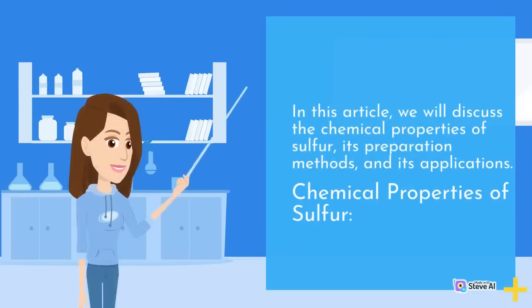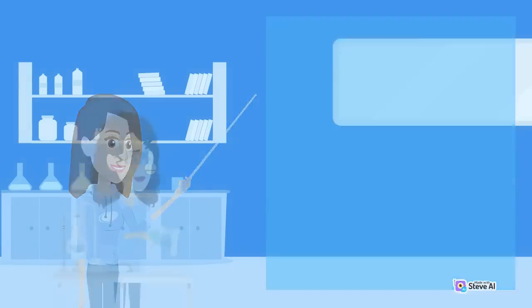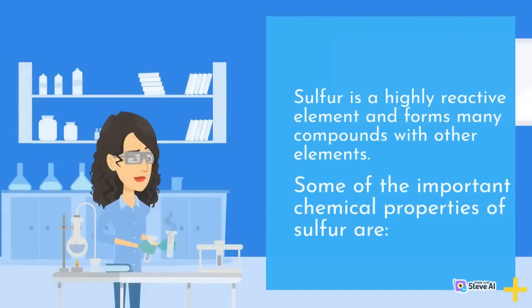In this article, we will discuss the chemical properties of sulfur, its preparation methods, and its applications. Chemical properties of sulfur. Sulfur is a highly reactive element and forms many compounds with other elements. Some of the important chemical properties of sulfur are: